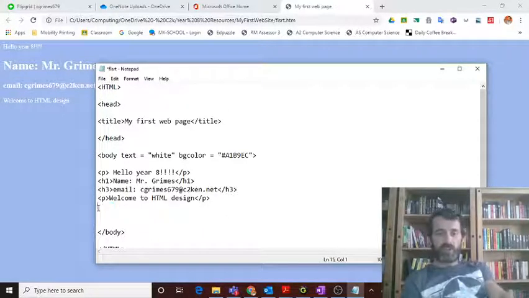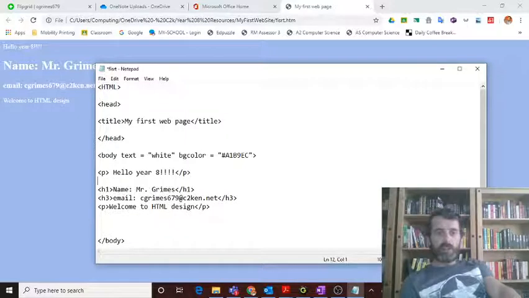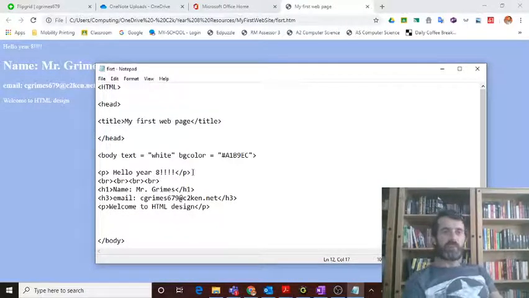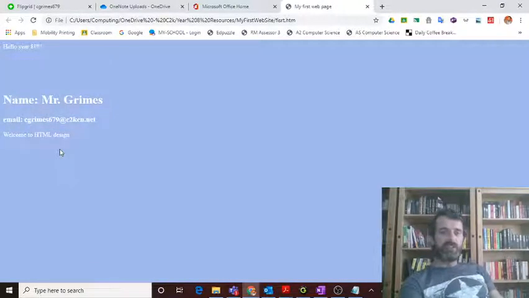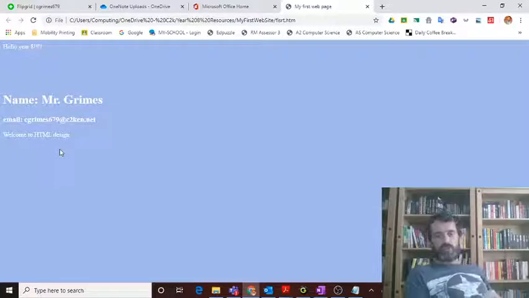So I'm just going to cut this, and I'm going to put in 2 spaces. In fact, I'll put in 4 spaces just to demonstrate that between my Hello Year 8 and my name. So I've saved it, and I go in here and hit refresh, and you can see that it's spaced out on the screen. So by combining our H1s, 2, 3s, 4, 5, 6, 7, our P tags and our BR tags,